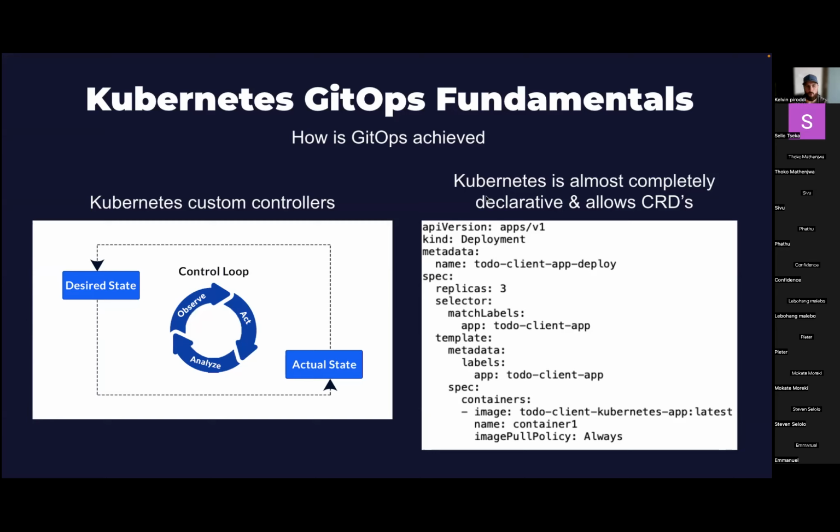So I'm going to write this to a Git repo. If I change it and I push it, something is going to watch, it's going to observe, analyze, and act. And this loop never ends. And this is what's made Kubernetes so popular. And the ability to make your own controllers is what I think has pushed Kubernetes above any other container orchestration platform, and why it's almost the go-to platform these days for running containers in the cloud.